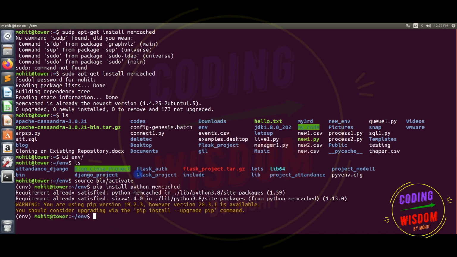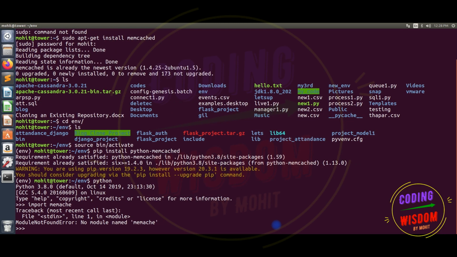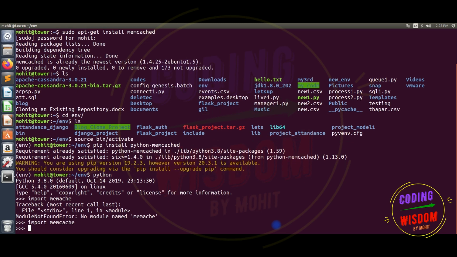First of all, let's see Memcache by using the shell. So import memcache. Sorry, spelling mistake. Memcache.